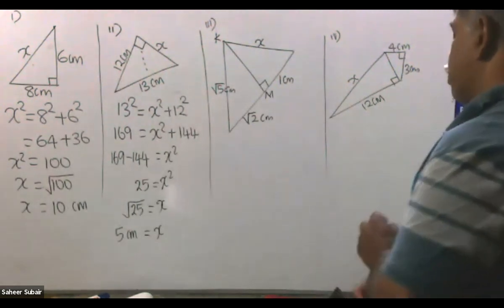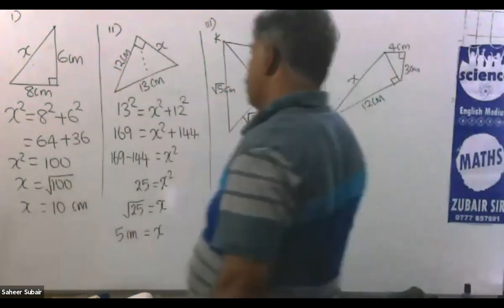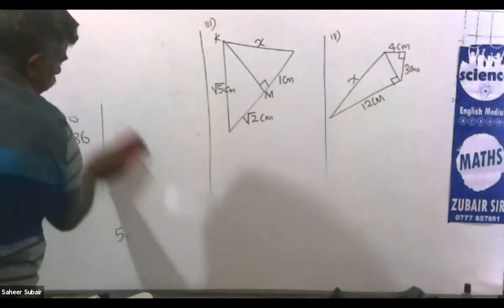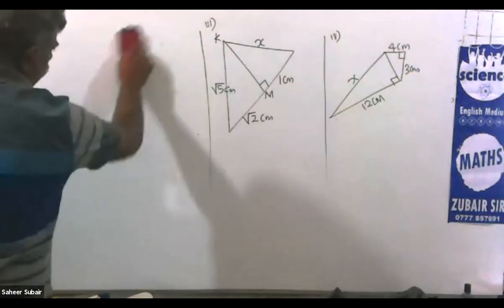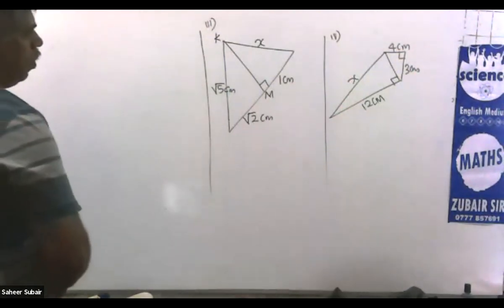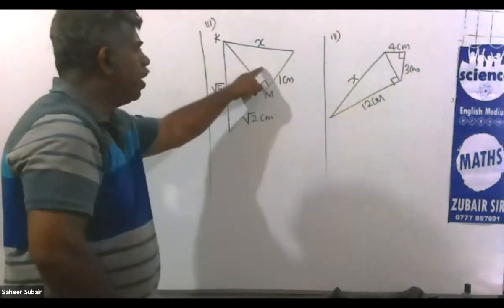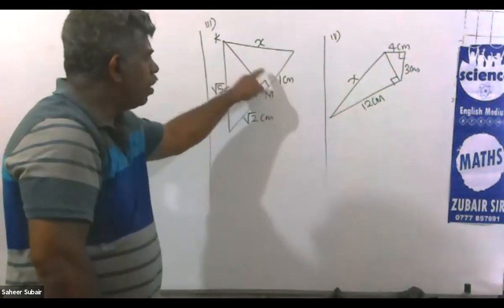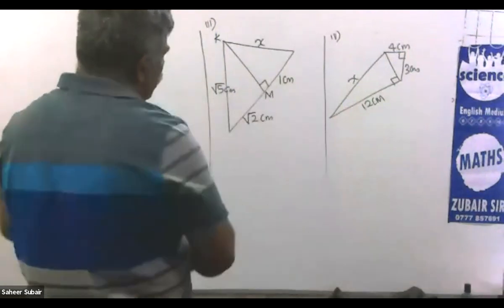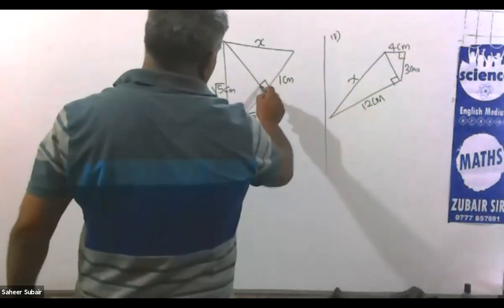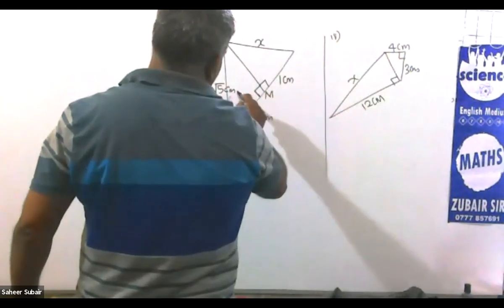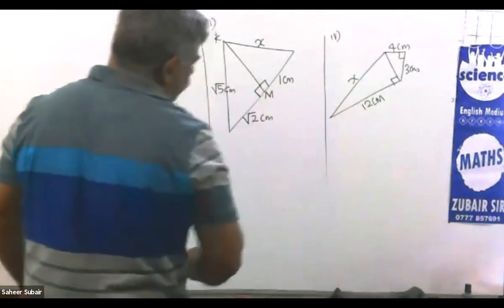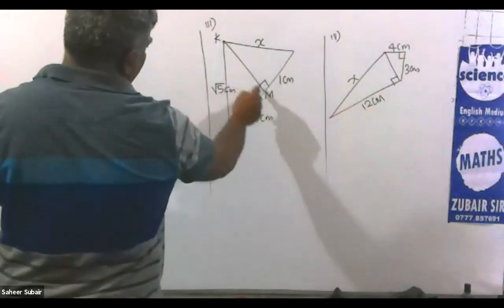Then see the next one. In this, when you want to find the x, you have to use this right angle triangle. But in this right angle triangle, only one side is given, the other side we don't have. Then these are straight lines. If it is a right angle, the balance is also a right angle. Then we can use this triangle, where two sides are given, and find this side. So first we have to find the side given as KM.